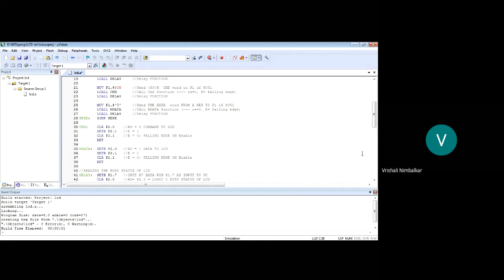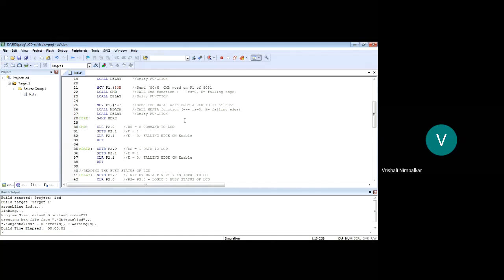So let me write a program to display hello. Now this string HELLO, these characters, whenever you power it on, I should see hello on the LCD display. The characters are never going to change. Any such information, any such data which does not change in the program, we save it in ROM memory.